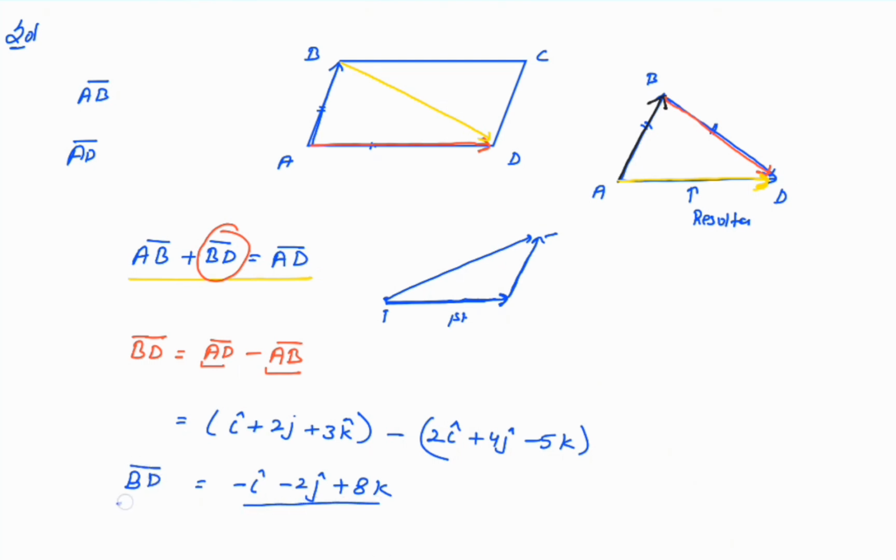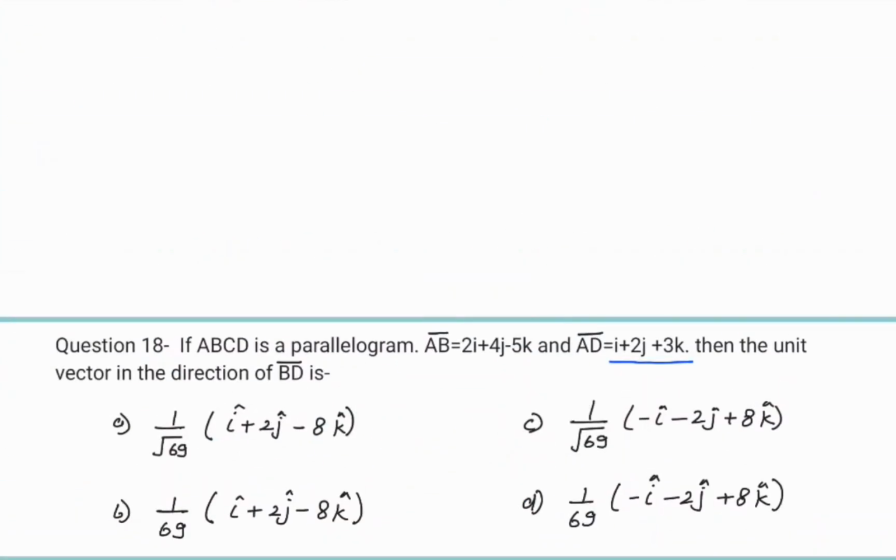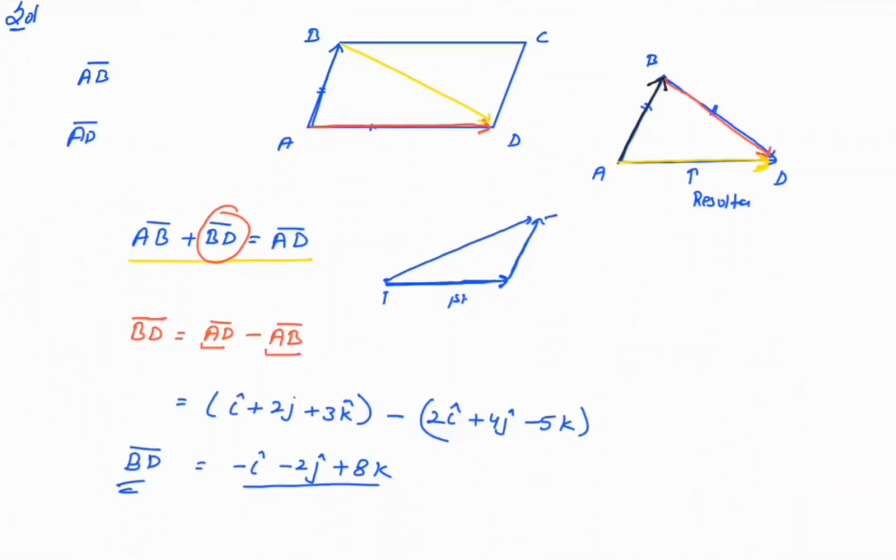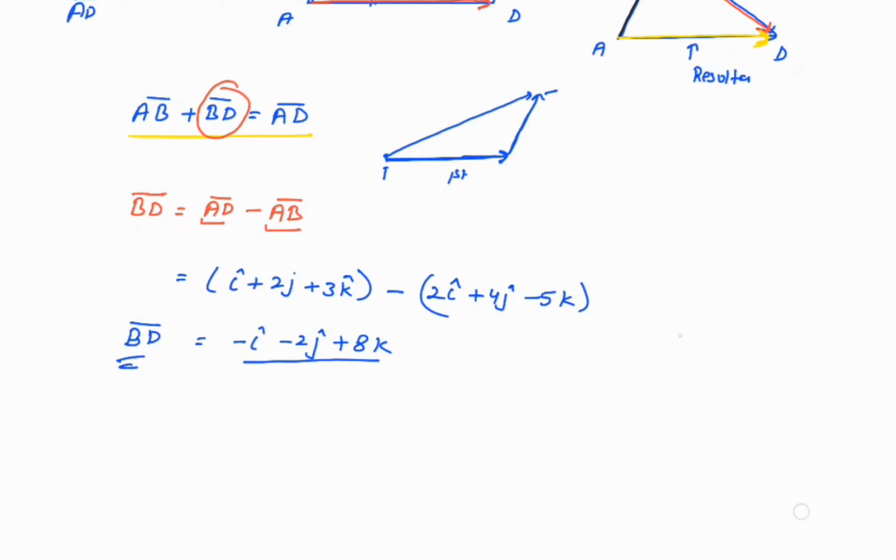But BD is not asked. It is asked the unit vector in the direction of the given vector. How to find a unit vector of a given vector? Divide the given vector by the magnitude of the vector. You will get the unit vector in that direction. It means the unit vector in direction of